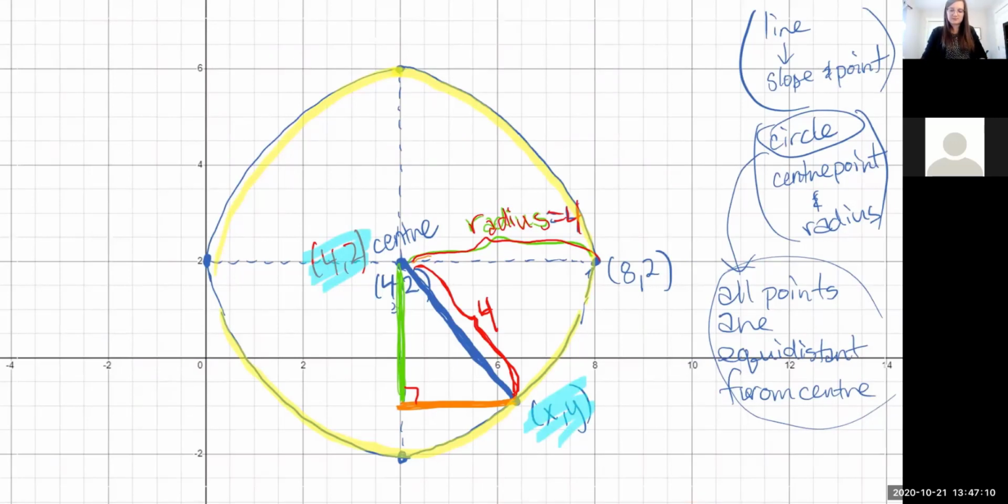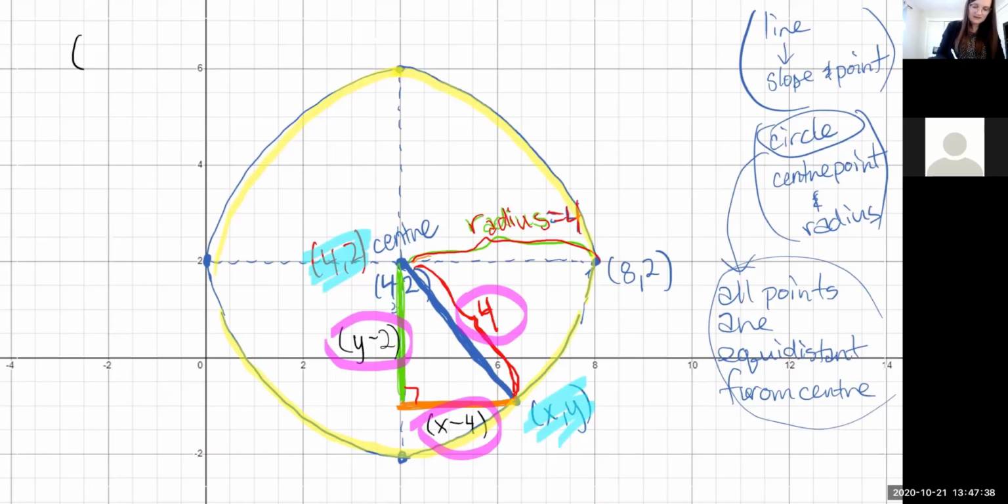And I'm going to start with x because I want x to be there. So this orange part is going to be the difference of my x's. It's going to be x minus 4. And the green part is going to be the difference of my y's because it's the rise, y minus 2, right? So basically now I have this squared plus this squared is that squared. It's my Pythagorean theorem. So I have my x minus 4 squared plus y minus 2 squared has to be